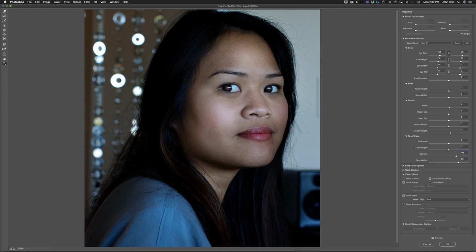Again, like I said, with the Liquify, you can really mess with this and really mess up somebody's face pretty bad, or change the way it looks. And not all people are going to appreciate you changing the way that their face looks. So make sure that if you're doing it for a client or for somebody else,